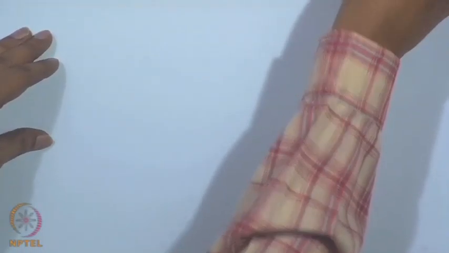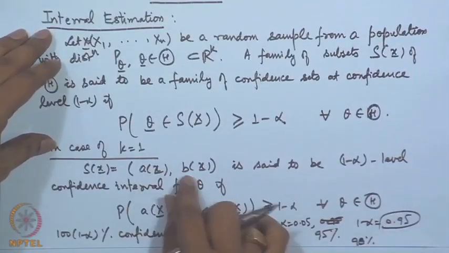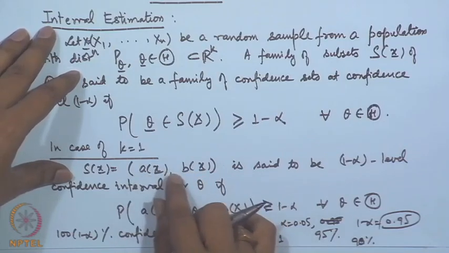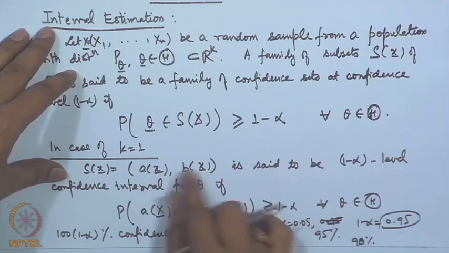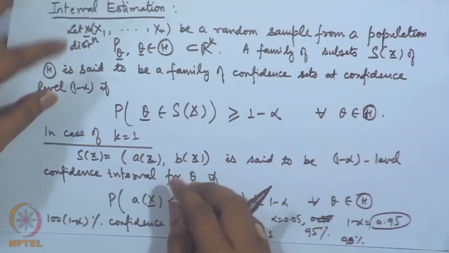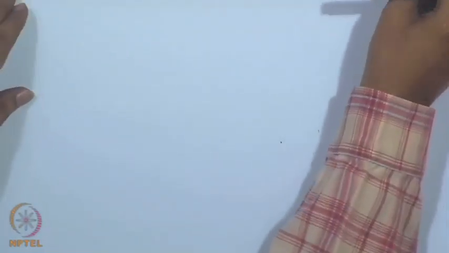Now, when I say this interval A x to B x, it may also happen that one side is taken to be infinity, like B x could be plus infinity or A x could be minus infinity, then it becomes a one sided confidence interval. Sometimes, like I mentioned, the statement that the percentage of cure by a certain medicine for a certain disease is at least 70%. So, here it is a one sided interval, that is we are saying p is greater than or equal to 0.7,